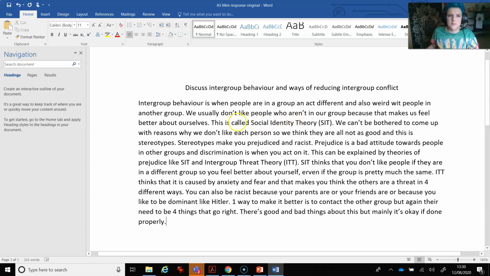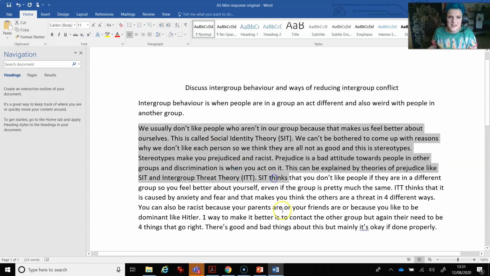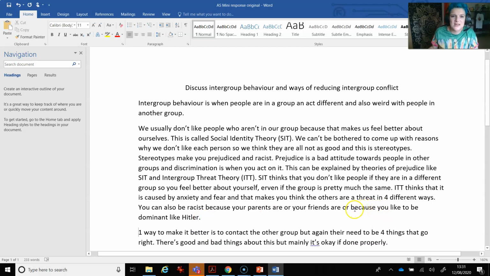We also want to make sure that we paragraph appropriately. So this paragraph here, that would kind of be our introduction. Oh, we need to correct that as well. So that's our introduction. This here is the main body. And this here would be where we talk about reducing intergroup conflict. We might even put SIT and ITT in 2 different paragraphs, but because this is going to be a very short essay, we'll probably just leave that as it is because we're only going to go over the bare basics.